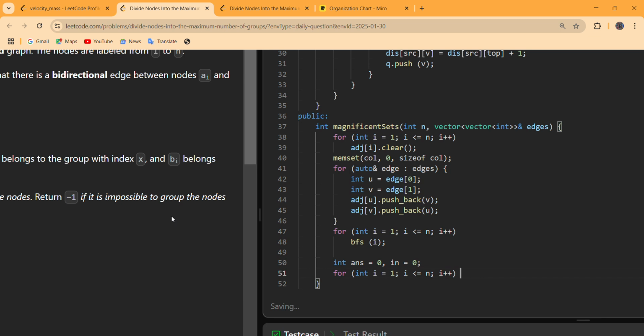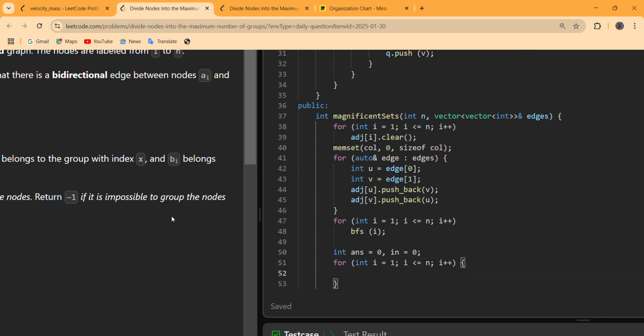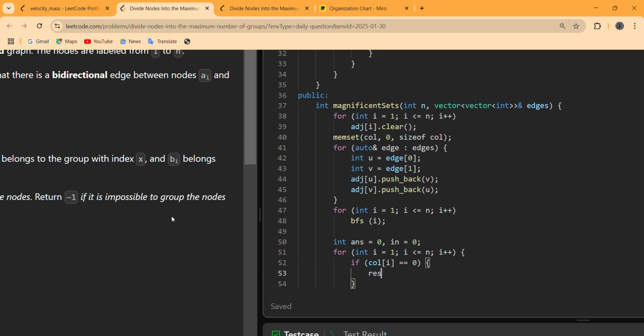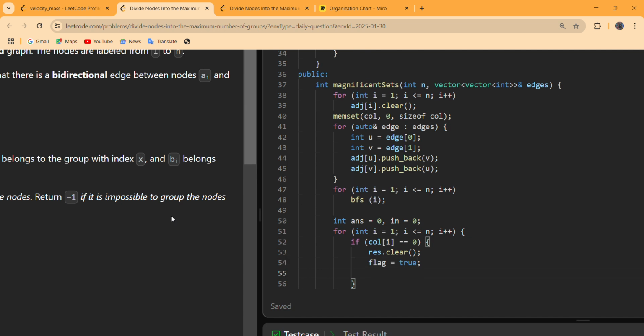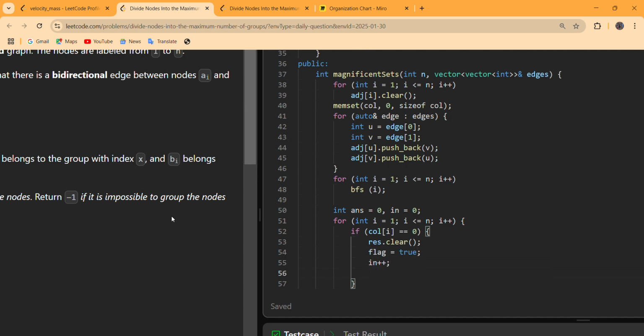Traverse on this and check if column of I equals to 0. Then we have to clear our resultant vector, or our resultant helper vector. Make our flag as true and then a DFS for every I,